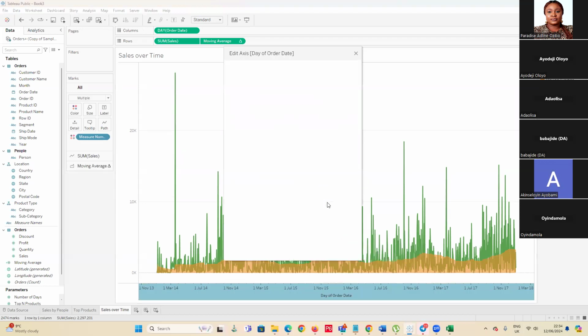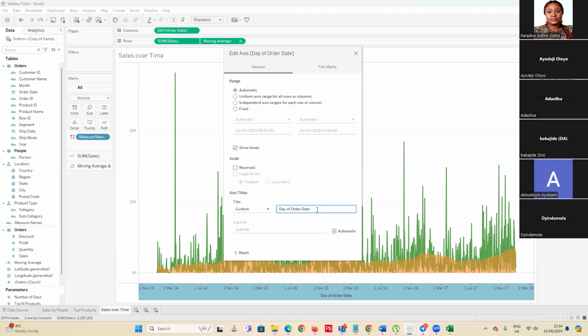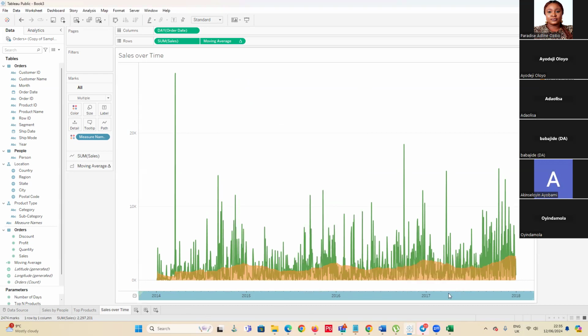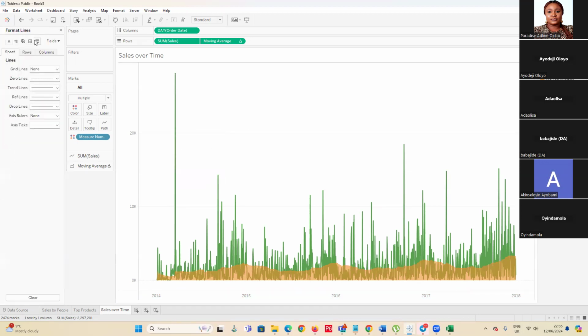We can format the axis. We can remove the date of order. You can even specify the days that you want to get. You can have the year there. We have 2014, 2015, 2016, 2017. And then we just remove the lines. How we remove the lines is like I've been doing before. You format it, and then